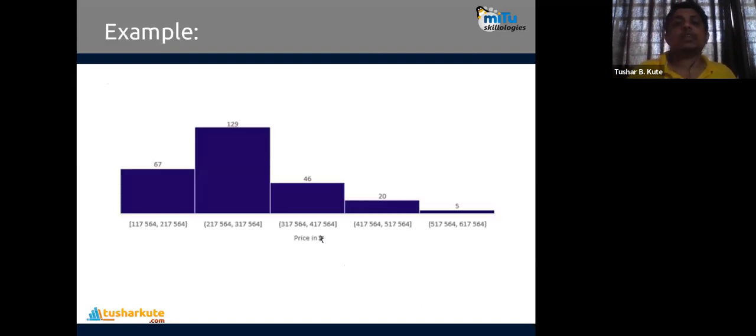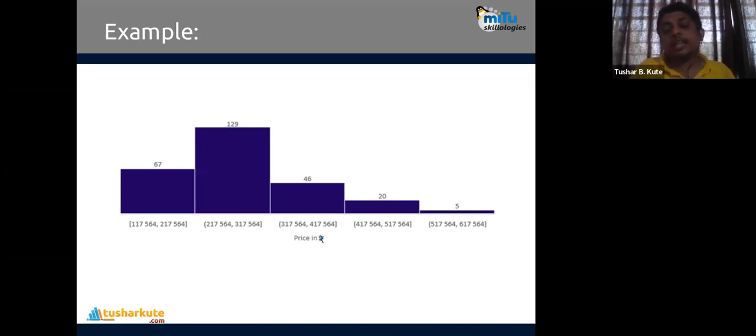Check this histogram. 67 houses are within the range 117 to 217, 219 are from 217 to 317, 370 to 470 has 46, and 417, 520, and 570 onwards have 5, 3. So where is the highest number of elements? 217 to 317. The ranges given below are called the bins.